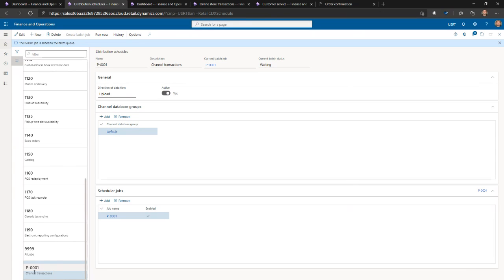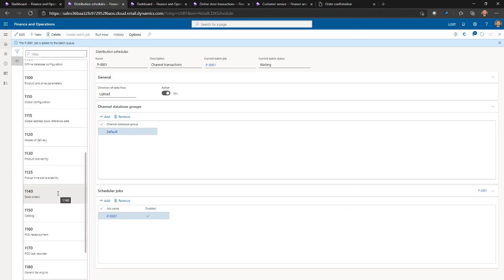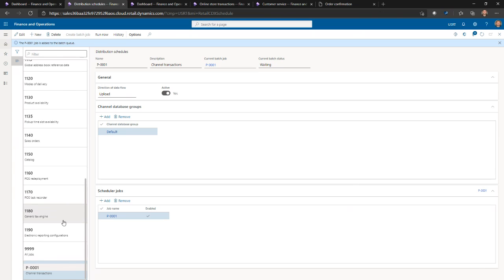And this P job, that's the job that uploads transactions from the channel database up to the headquarters. We have other jobs that will push out reference data or configuration data, merchandise, customer data out from the headquarters out to the channels. And this one's sort of unique where it pulls that data, the transaction data back up.